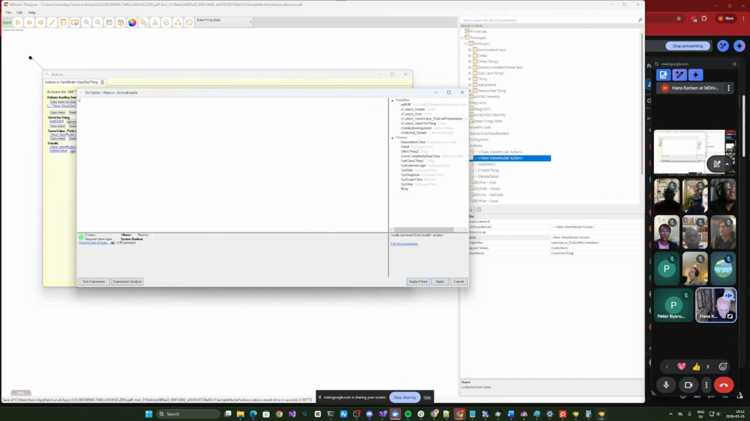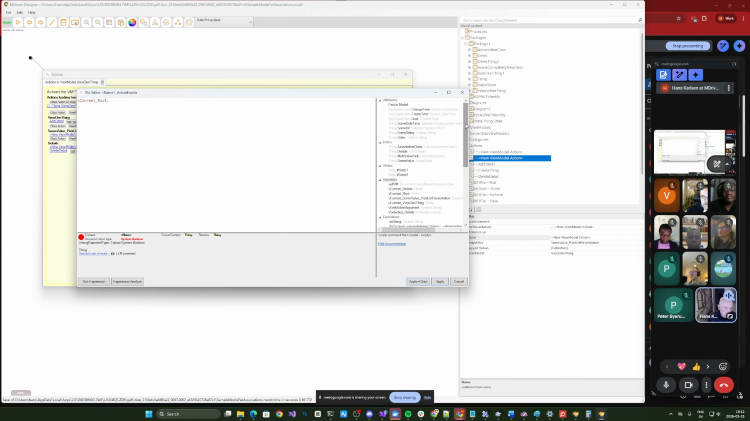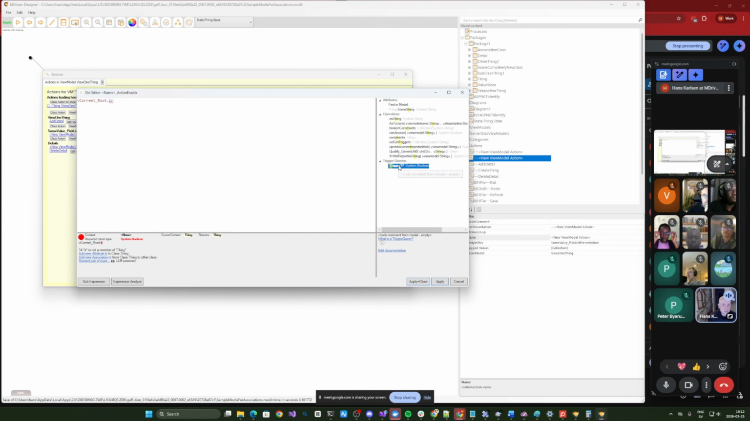Instead I must use the variables. So I use the vCurrent root to have the thing that is in this view model, and then I can access the state machine's triggers to check. Trigger 1, trigger queries. So trigger 1 with a question mark behind it means, is the trigger 1 available for me to